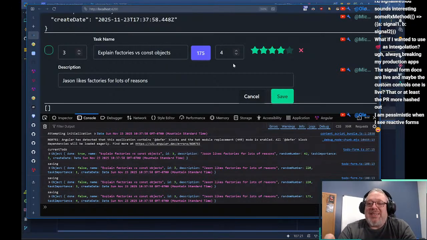But it's an interesting thing to think about, because when you implement deltas and change detection, you're in a much more difficult area. Because the other thing that can happen, right? I explained the best case scenario, but what if I came in and I changed the task name and the random number?